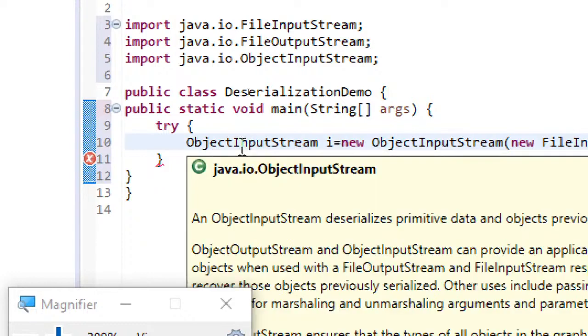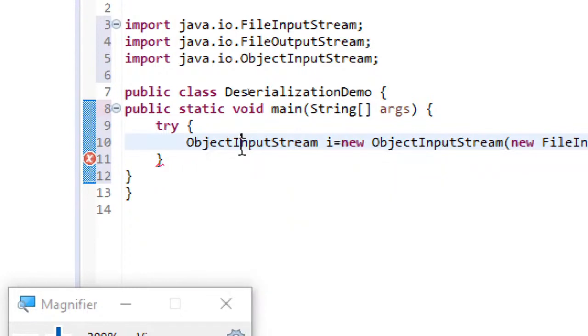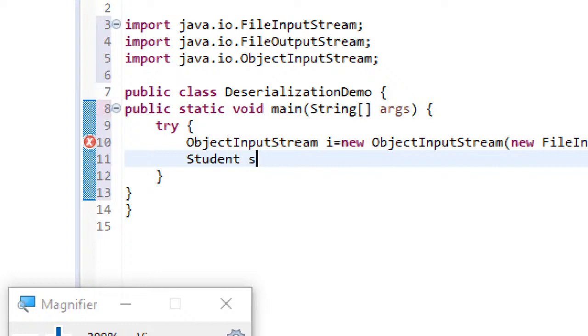And now what we have to do is get that object which we have flushed in the serialization code. Student s equal to i dot.